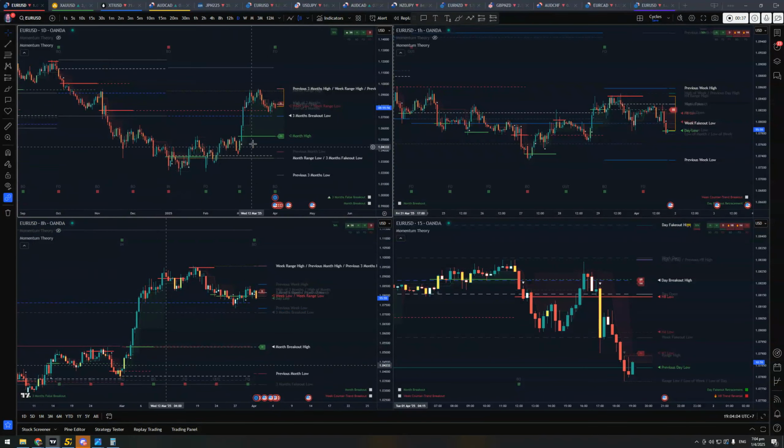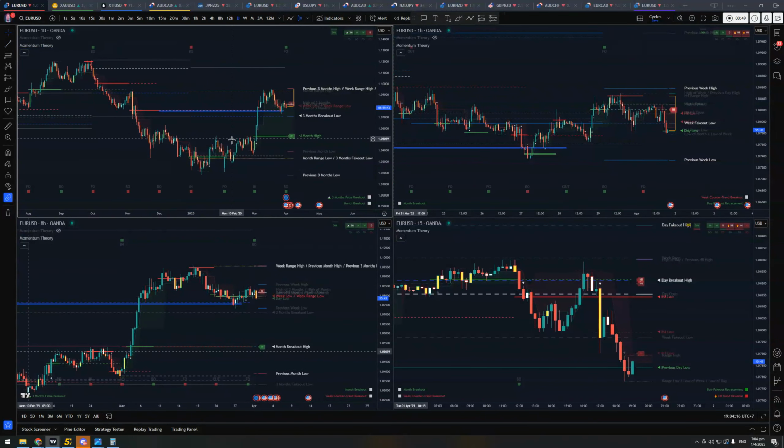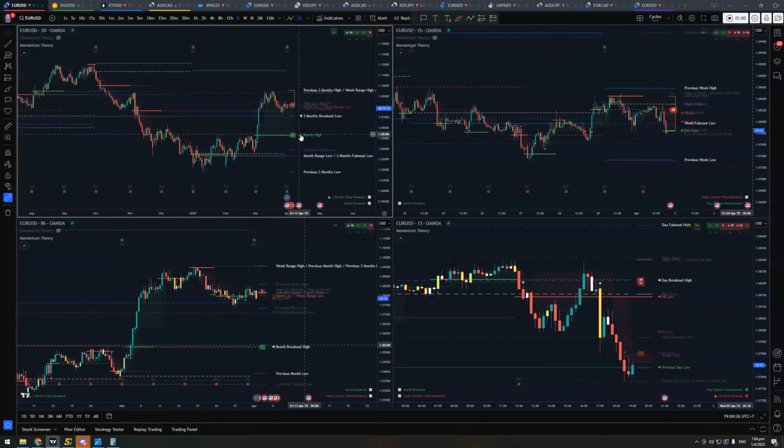Monthly traders are also in a bullish cycle. We have the previous month low here, broke out, and then faked out the low over here. This is a breakout reversal. Breaking out above the high below that breakout level is a counter trend breakout. Most counter trend breakouts want to go right back to that breakout level, and then it flipped it. So monthly traders and 3-month traders are both in bullish cycle alignment, looking for buys on Euro USD on the